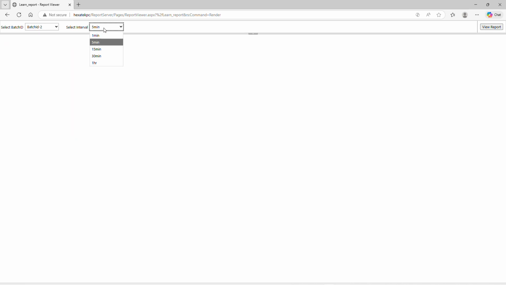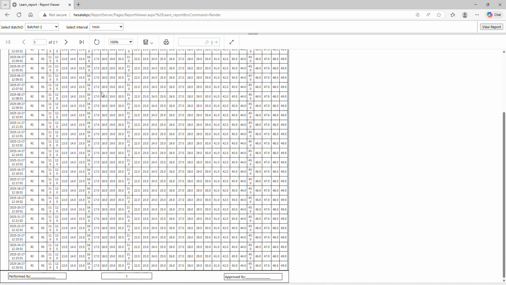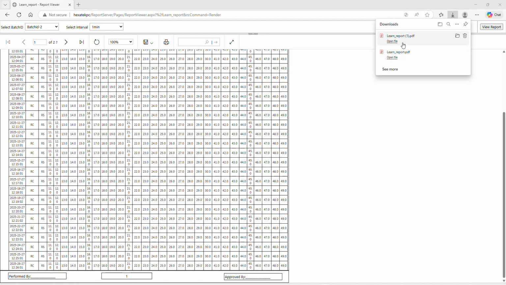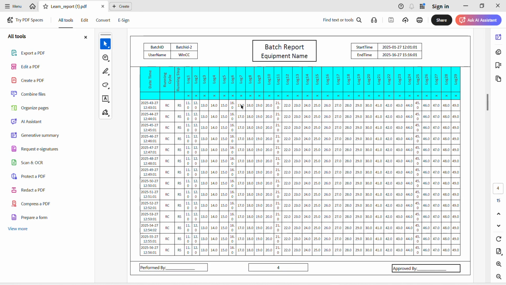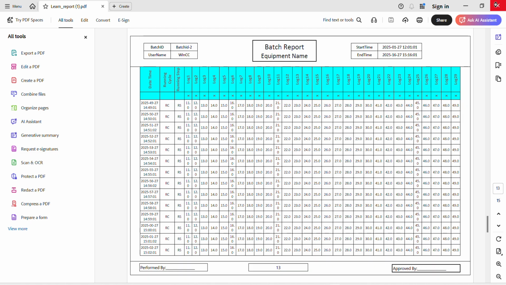Here we can select another batch ID, another interval, and we can save it in the PDF. So in this way we can take out the print. Now